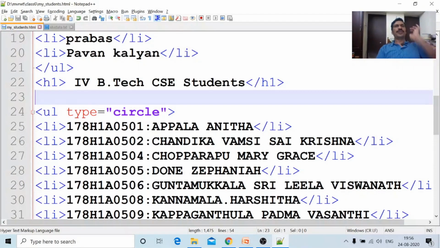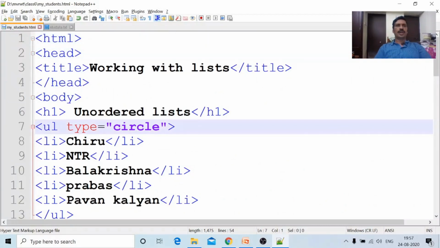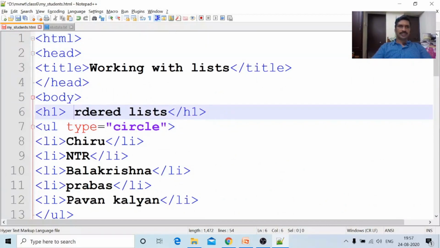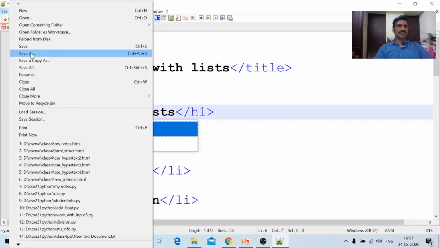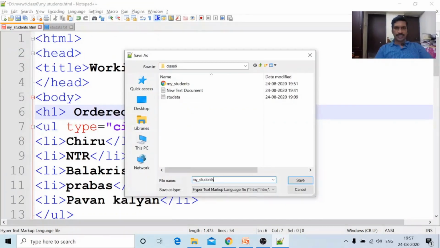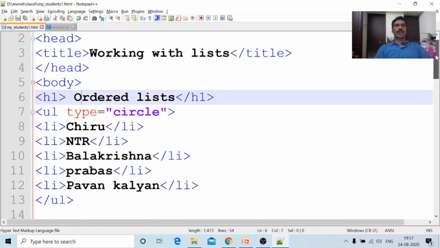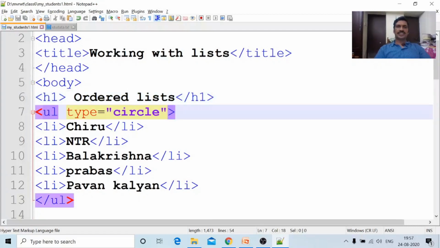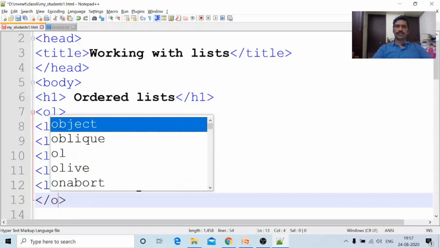This is the program we previously did with unordered list. The same program I am changing to work with ordered list. I am changing this one, and saving this file as my students 1. Ordered list starts not with ul but with ol, and ends with /ol.